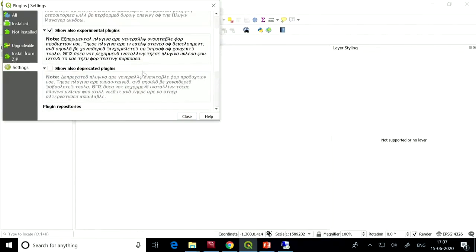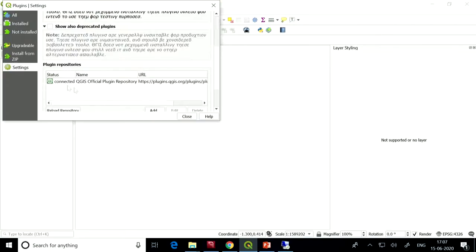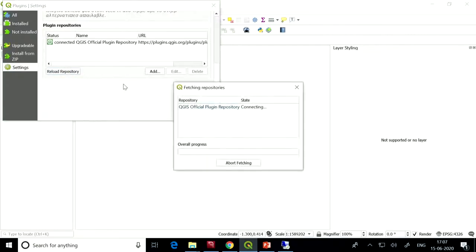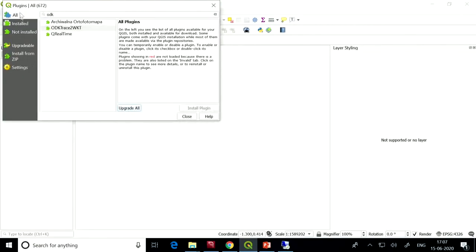In the plugin manager, there are options like experimental plugins and normal plugins. Our stable version only connects with ODK Aggregate, and for that you should have ODK Aggregate installed. But in the experimental version, we are supporting Kobo Toolbox, so that you don't need to host a server; the directly available UN server can be used.